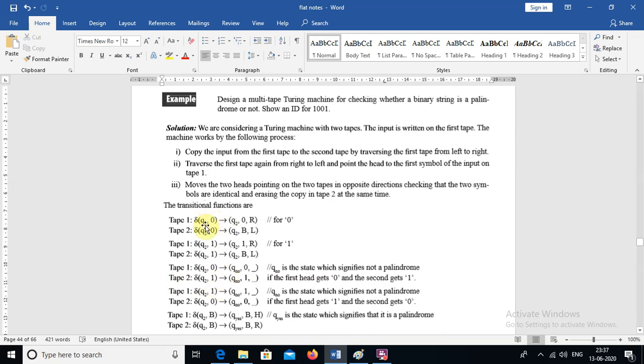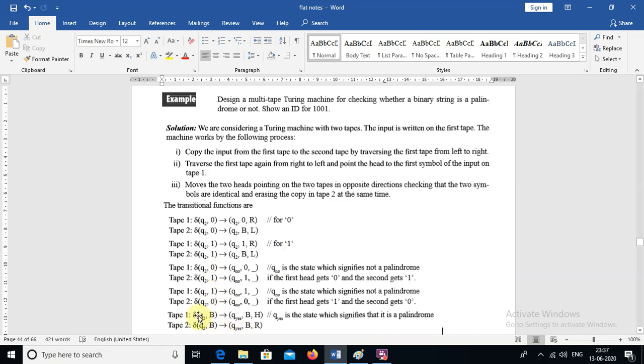Okay, so that means in tape 1 we find 0, but in tape 2 we have 1. Here if you see, in tape 1 we have 0, in tape 2 also we have a 0. Here in tape 1 we have 1, in tape 2 we have 1. So that means comparing the 1 and 2 tapes. But here in tape 1 we have 0, in tape 2 we have 1. Here tape 1 we have 1, tape 2 we have a 0. In these two cases we can say that it is not a palindrome.